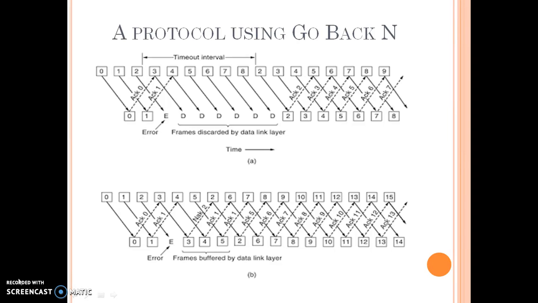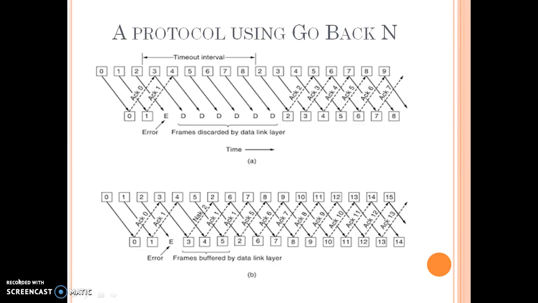Two basic approaches are available for dealing with errors in the presence of pipelining. One way is called go back N. It is for the receiver simply to discard all the subsequent frames, sending no acknowledgements for the discarded frames. This strategy corresponds to a receive window size of 1. In other words, the data link layer refuses to accept any frame except the next one it must give to